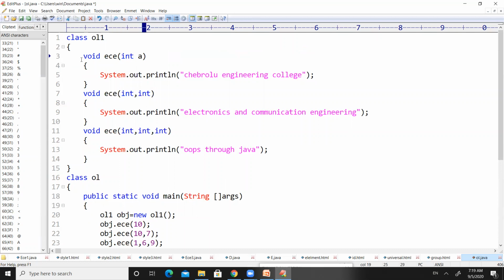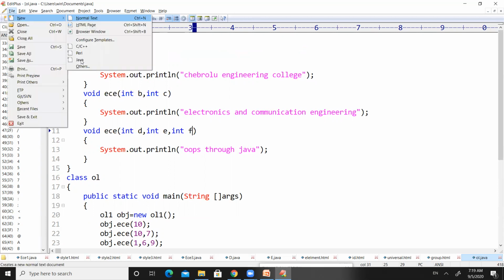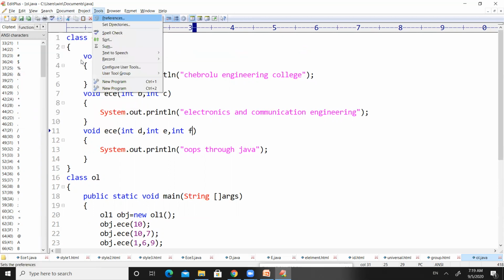Let us consider A, B, C, D. Now save the code and again compile.